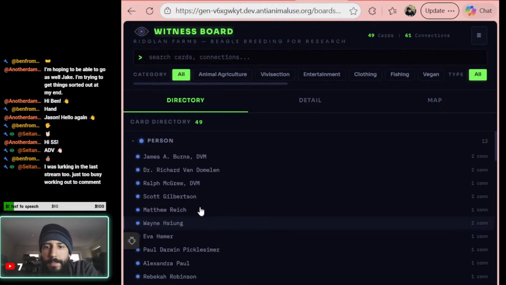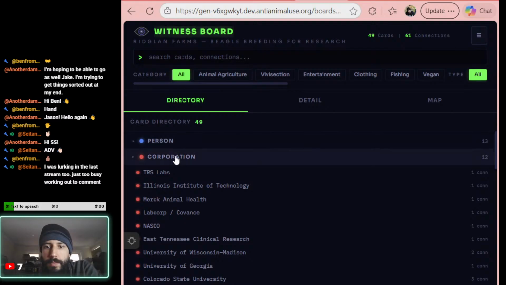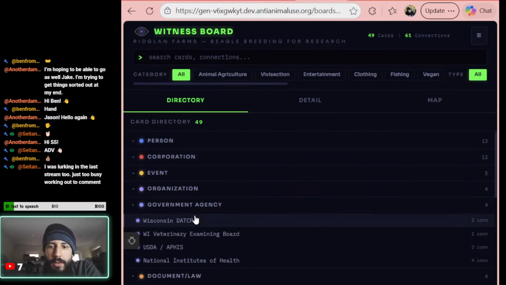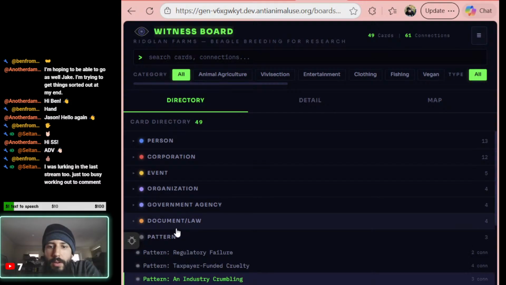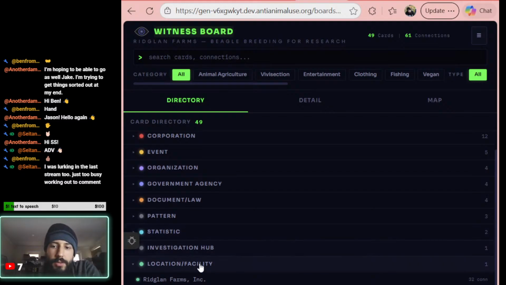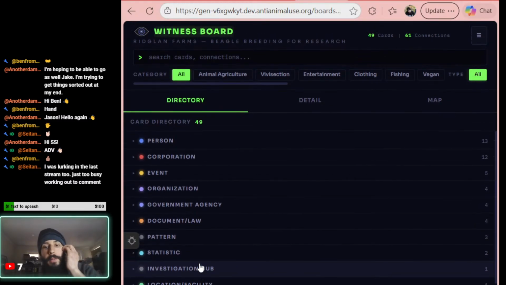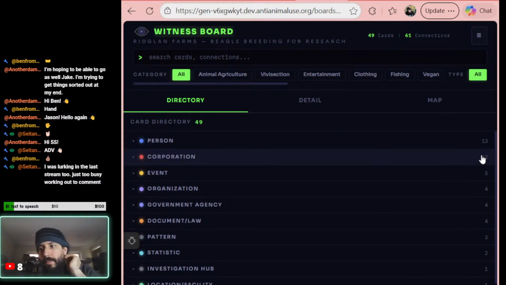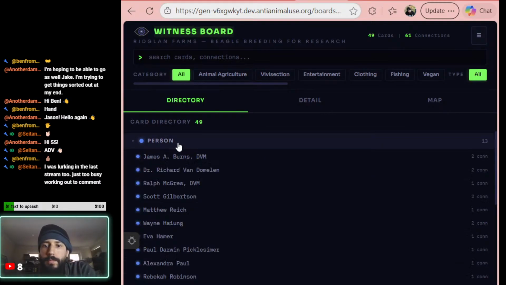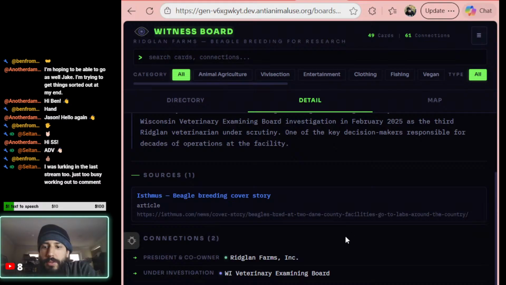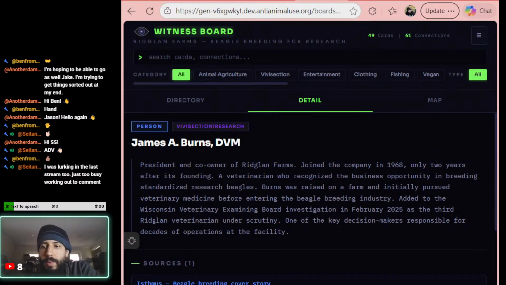and they're tagged by these different types. So there's people, corporations, events, organizations, government, laws, patterns, statistics, investigation, and location. So all these different things you can basically filter it through. Tells you how many. And then if you want to learn more about it, you can click on it and it'll go to the detail page, and it has the sources, a little bit of information about